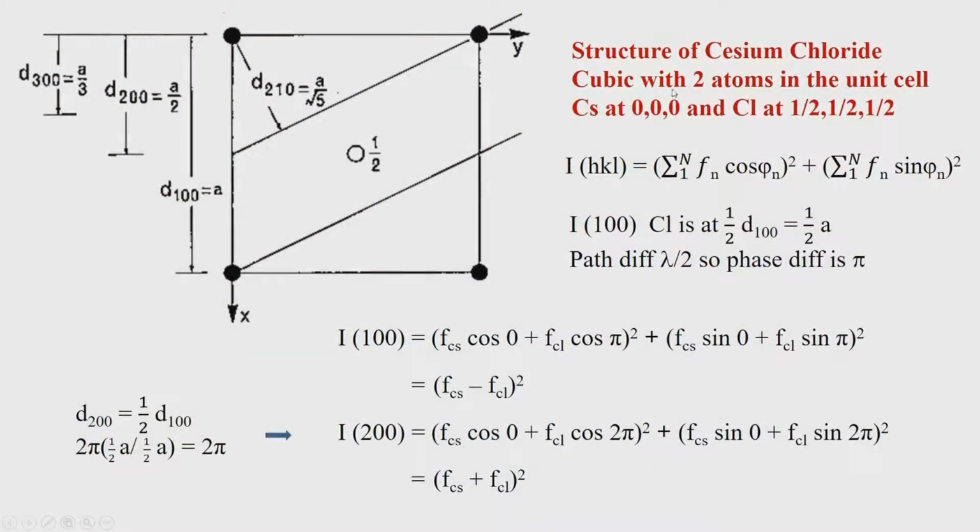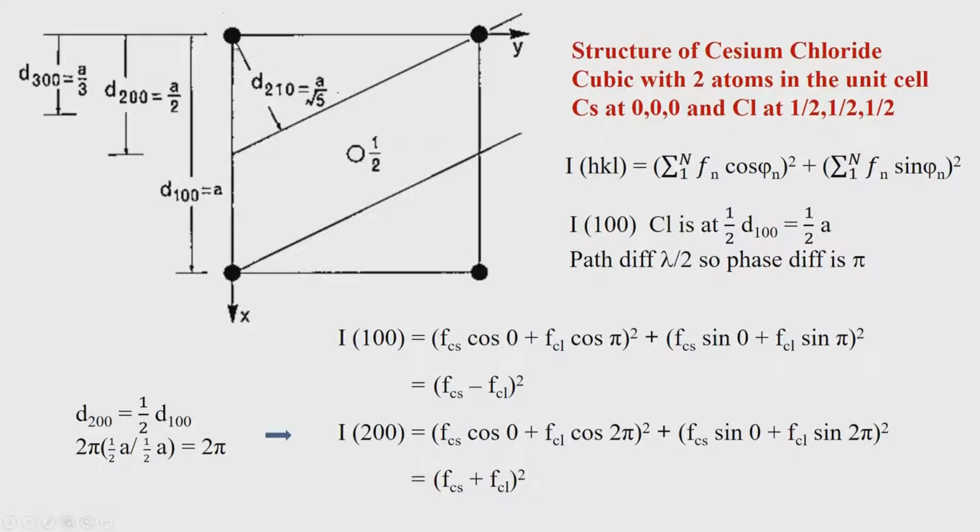What we have been looking at is the contribution towards the intensity once atoms are found in some positions. For example, in the case of cesium chloride, we discussed that cesium is at 0, 0, 0 and chlorine is at half, half, half, and then we calculated the intensities associated with various reflections like I100, I200 and so on. We found that in all these expressions the intensity gets simplified, mainly because of the fact